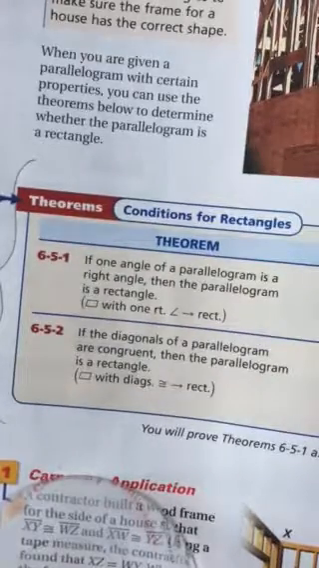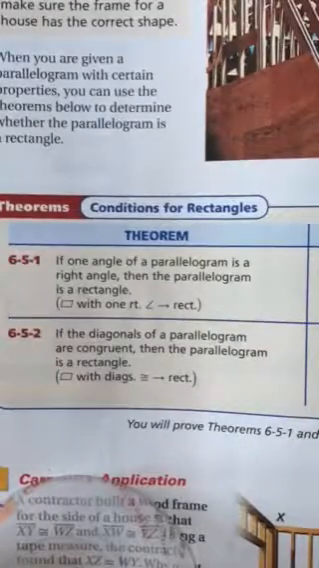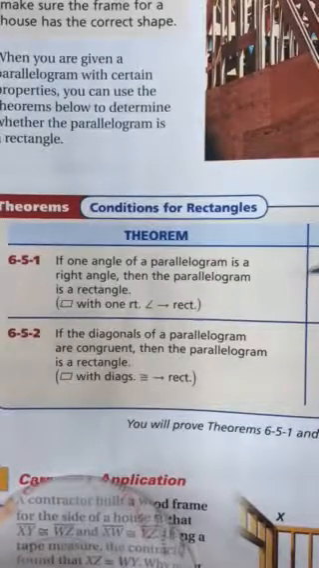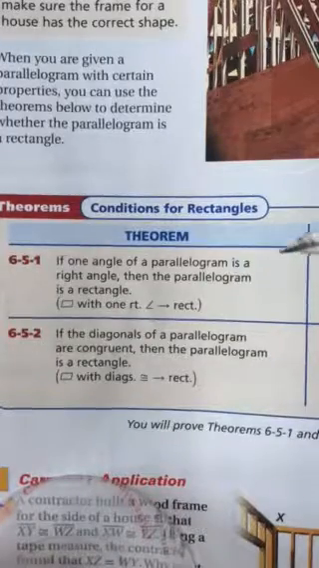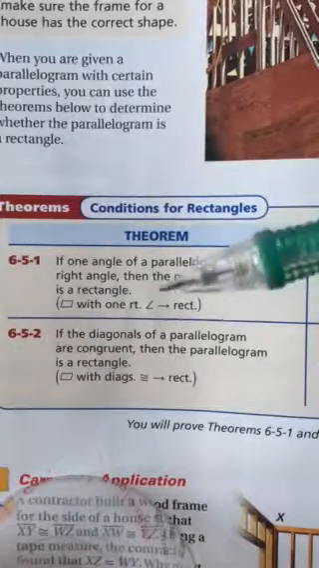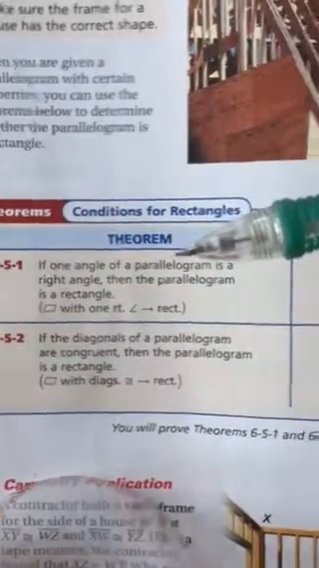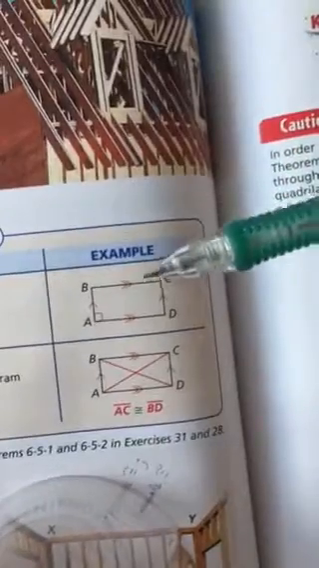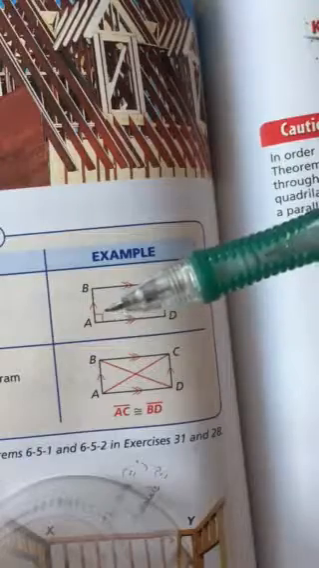Let's look at the first theorem, which is a condition for rectangles. This is 6-5-1. It says if one angle of a parallelogram is a right angle, then the parallelogram is a rectangle. Now I want you to remember this one. I think you will need it in homework, maybe even on the test. But this is building on what we learned before in lesson 6-4 that said that if a parallelogram is a rectangle, then it was made up of 90-degree angles. This one is saying if we know that this shape is a parallelogram and we know that one angle is 90 degrees, then